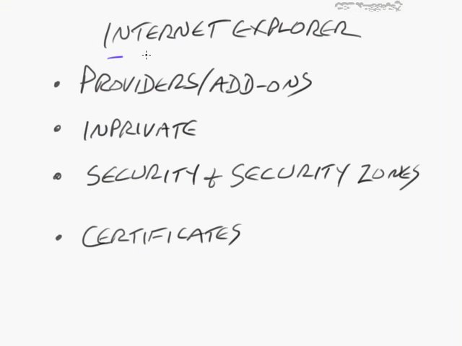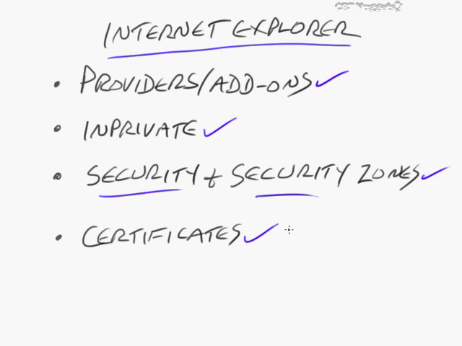In this nugget, we took a look at Internet Explorer. We took a look at the various providers and add-ons, such as the search provider that you decide to use, whether or not you want to translate web pages; the accelerators are part of what all that is. We also took a look at InPrivate settings, which will delete cache, history, what was the other one? Cookies. It deletes all of those things for you if you need that. Also, we took a look at security and security zones. This will be preconfigured settings, which will have a higher or a lower level of security as appropriate for you. And then we took a look also at certificates, how they work, and how to also import a certificate if necessary, so that you're not presented with any nag screens about